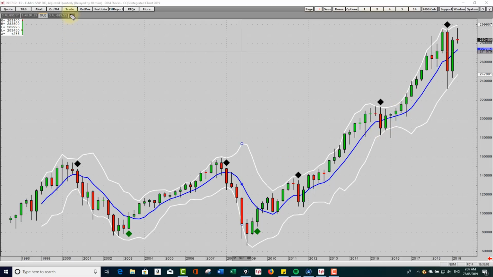This is the quarterly chart of the E-mini S&P 500. So that's the futures on the S&P 500. And the black diamonds there are just your sell pivots marked out. And I keep an eye on those, especially in the big picture. And all I want you to note